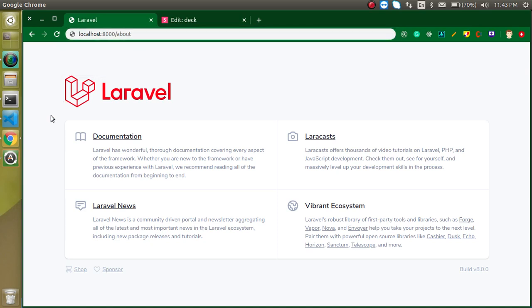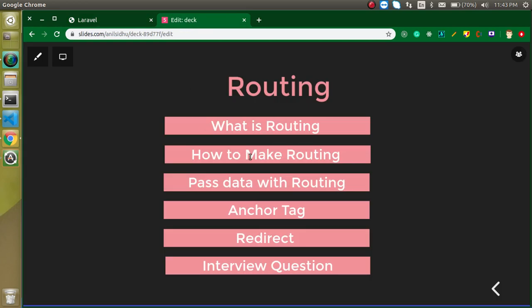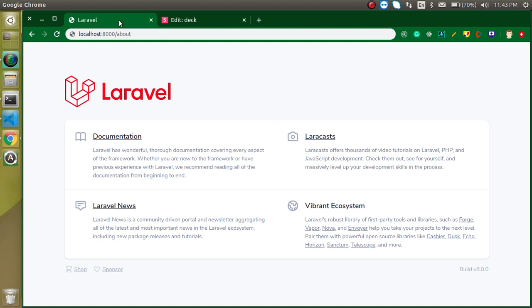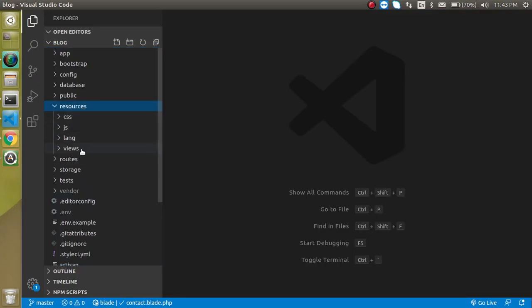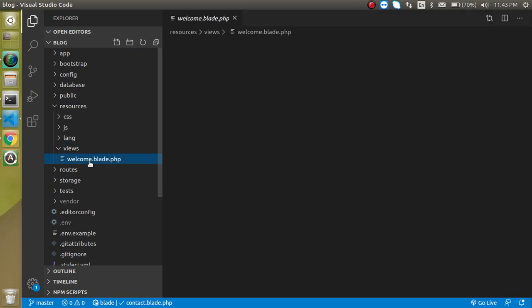So these are the theoretical part, but now I will show you how we can make the routing. Now let's move on to the next part. I will show you the single default routing which is already provided by Laravel. This is a home routing mapped with the welcome page. I will show you where this exists. You can see that we have a page welcome.blade.php.